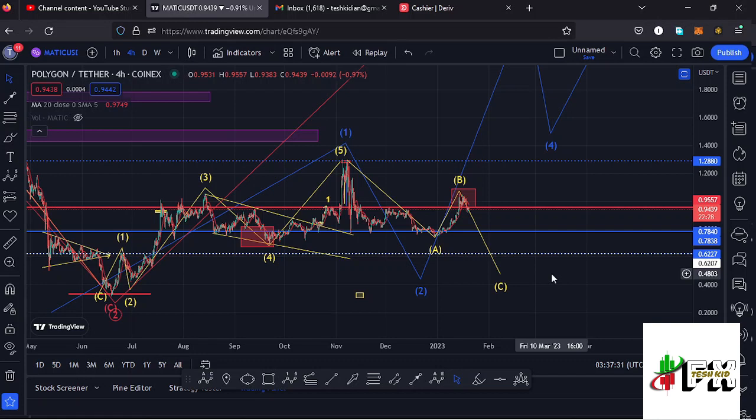And before I start the video, it's worth noting that at the time of this recording, Polygon Matic has managed to lose a key area of support at around the $0.9557 mark. We have also lost the 20-day MA, which was acting as support. And before I get into that part of the technical analysis, allow me to start the video here on the